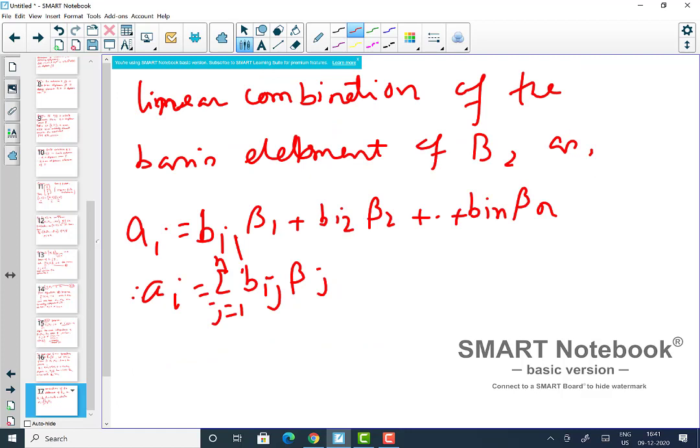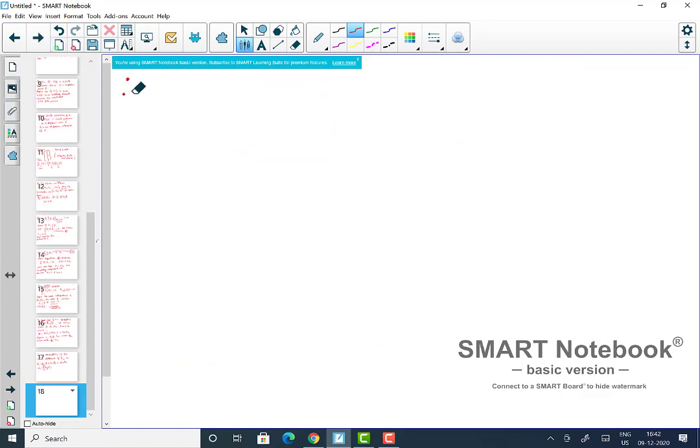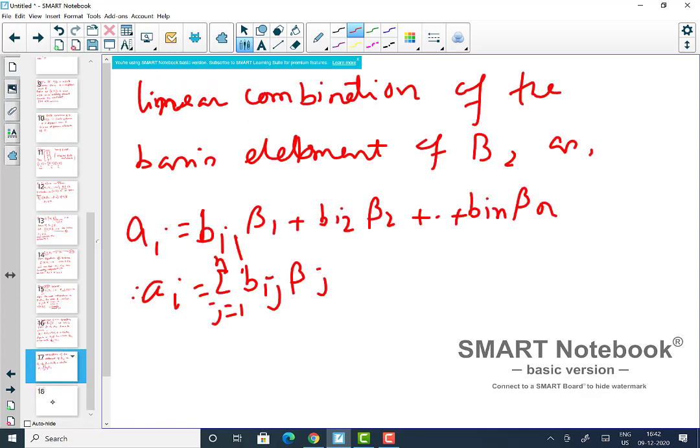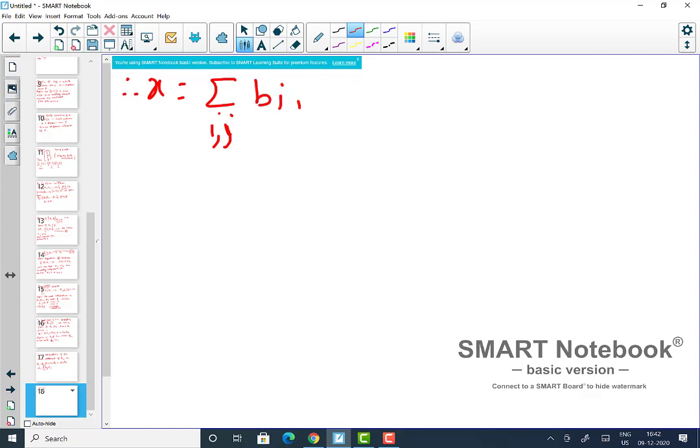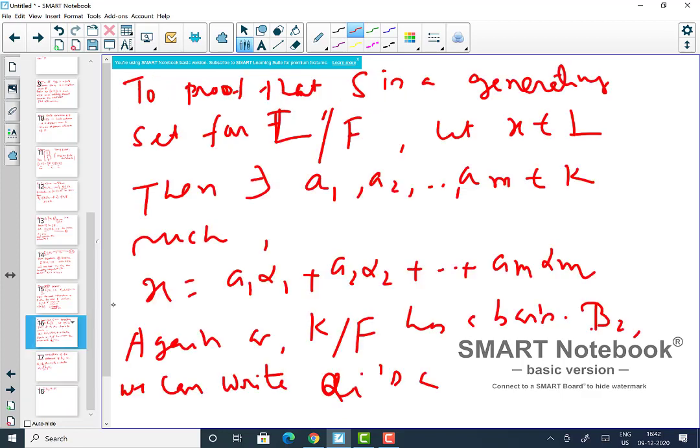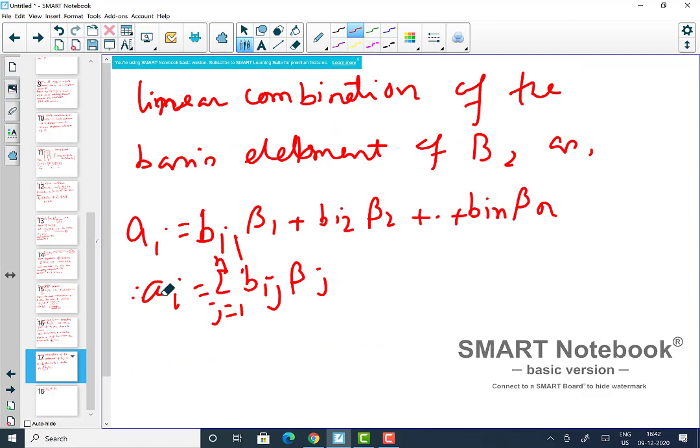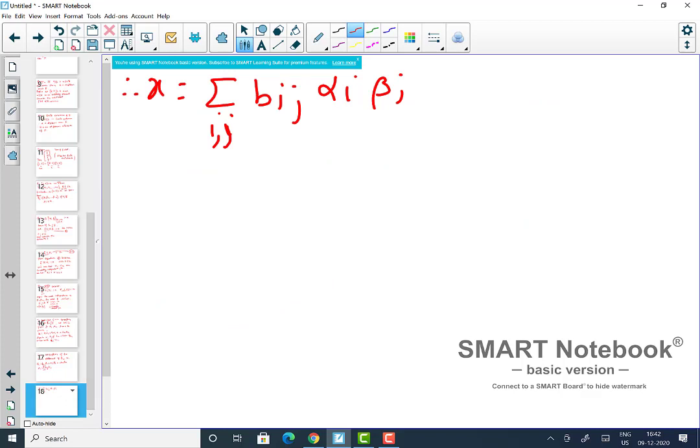So thus you can write down x in terms of a double summation over i and j, and you substitute this value, then what happens? You have b_ij alpha_i beta_j, right? Because you already have alpha_i here. Summation a_i alpha_i, now a_i is also summation b_ij beta_j. So if you replace that thing, then you have x equal to this